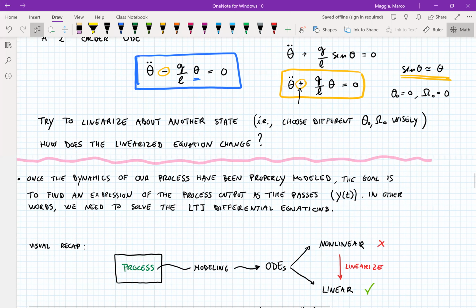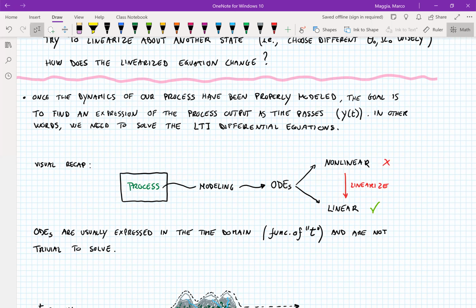All right. So with the linearization out of the way, now we assume if we have a linear system, good to go. If we have a nonlinear system, we'll linearize it about an equilibrium point or a reference point. So now let's assume that we have linear time invariant differential equations that describe the process. So starting from the process, through modeling, we find the ODEs. If it's nonlinear, well, we'll linearize it and we find a linear